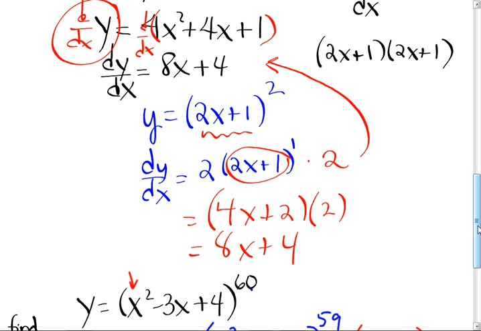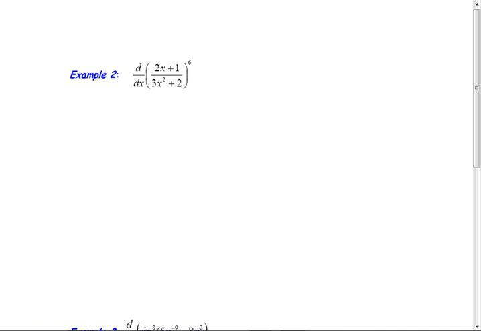Okay, let's do the next one. Turn it over. Now, you have to recognize the outside function. Okay, you guys, what's the wrapper? It's the 6th power. So it's going to be 6 times. Now, remember, does the candy change if you take the wrapper off? No. So this stays the same. The biggest mistake you're going to make is probably trying to take the derivative of that inside. Now, times